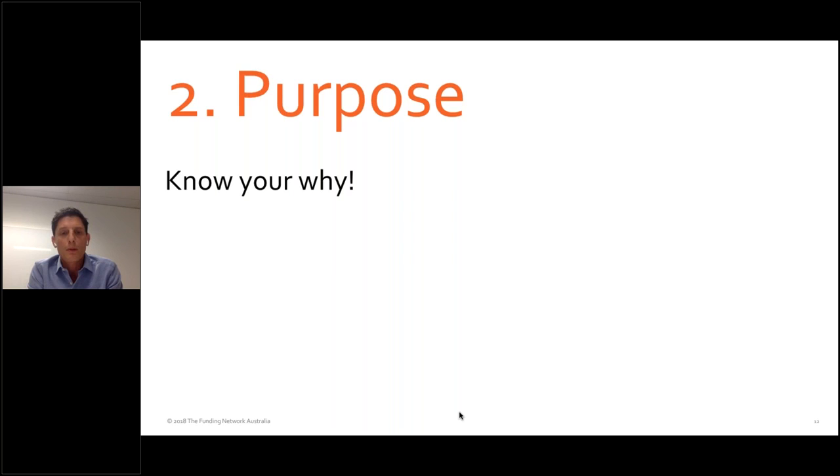Quite often, the people that we work with at the grassroots have established a social enterprise or a charity because of a personal association with a particular issue, or they've had lived experience, or a family member has. But it's not always the case. What's really important is to be able to connect with why you do what you do, and to articulate that to people, so that they feel you are driven by a higher purpose and you're really in touch with the reasons why you do your job.